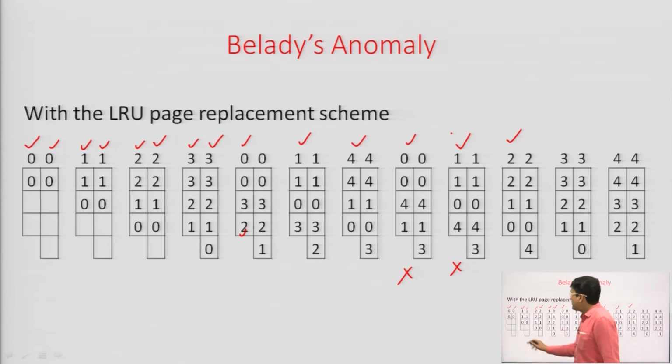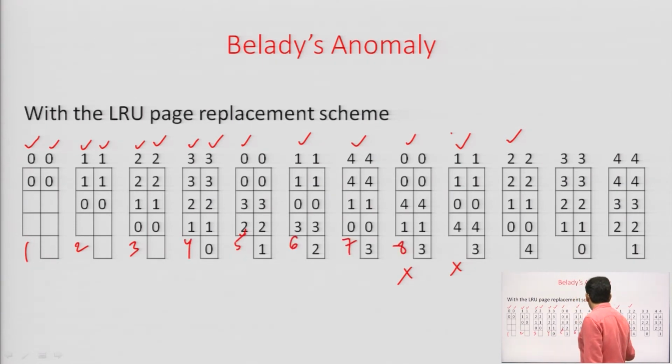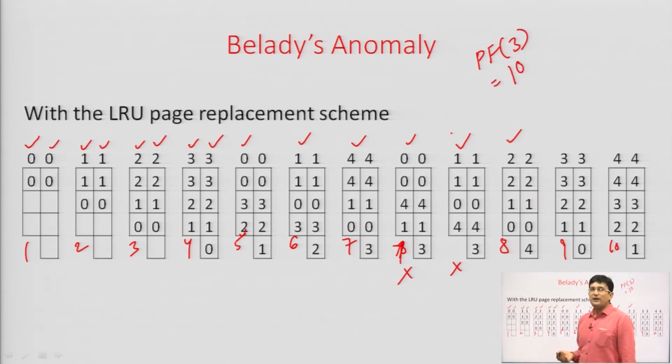So if you count the number of the page faults here: 1, 2, 3, 4, 5, 6, 7, 8, sorry, here is this not the page fault, 8, 9 and 10. So the number of page faults which occurred because of the 3 frames is actually equal to 10. If we try to find out the number of page faults which is occurring because of the 4 frames, then